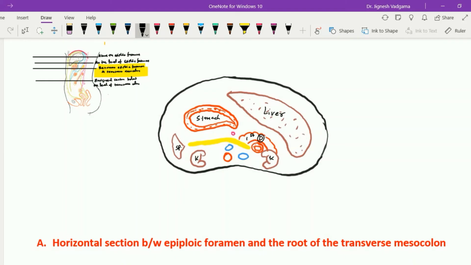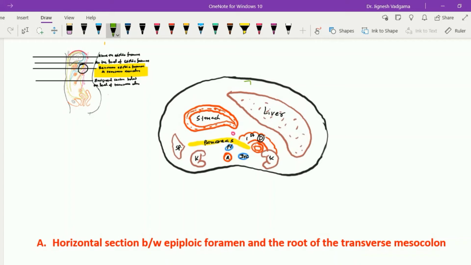And one more structure that is important in this section, we can see that the pancreas is also there, and this is the pancreas. On the posterior side we can see this is the abdominal aorta, and this is the inferior vena cava. In front of the aorta we find the portal vein. In the tracing of the peritoneum at this horizontal section, we can appreciate that the greater sac is completely enclosing the lesser sac, and let's see the tracing within this section.